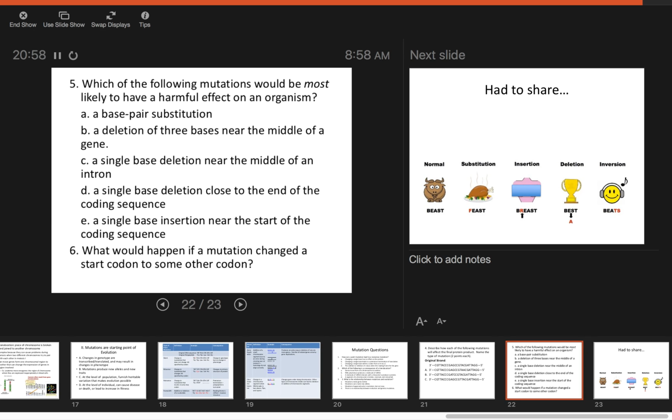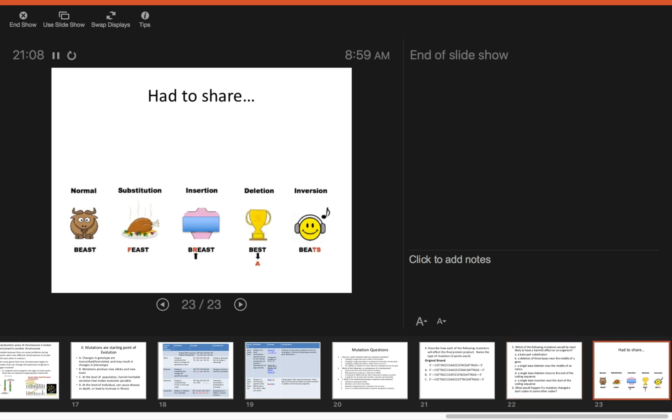5 is multiple choice. 6, what would happen if a mutation changed a start codon to some other codon? And then, so there's only 6 questions for your assignment, but then I had to share, so if the normal word is beast, and all of a sudden you change the B to an F, you get feast. If you insert a letter, you could get the word breast. You could delete an A and get best, and then inversion